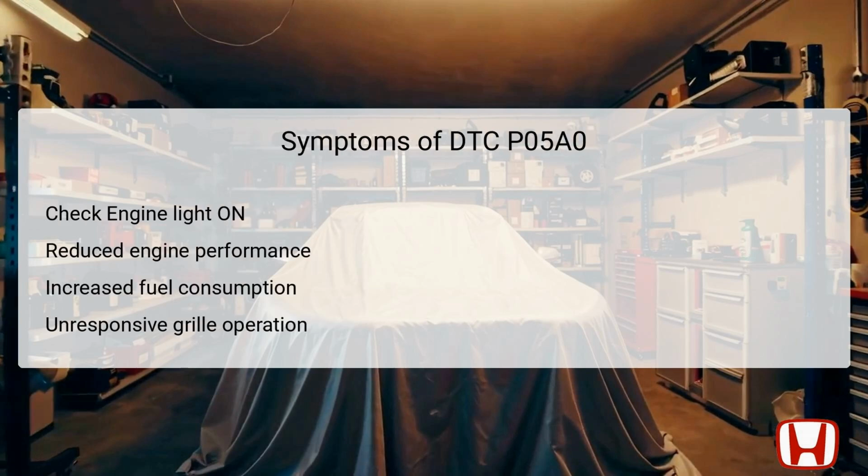When the DTC P05A0 is triggered, drivers may observe several symptoms that suggest a malfunction. The most immediate sign is the illumination of the check engine light on the dashboard, indicating an underlying issue. As the shutter grille assembly is crucial for airflow regulation, its malfunction could lead to reduced engine performance, making acceleration